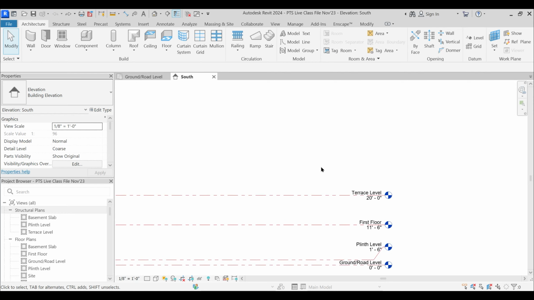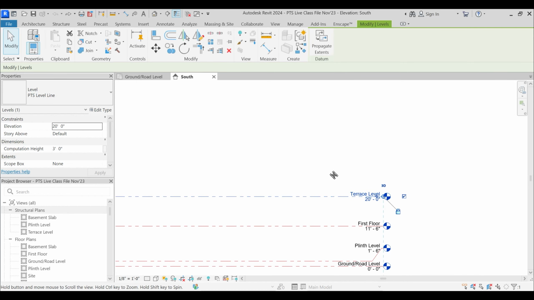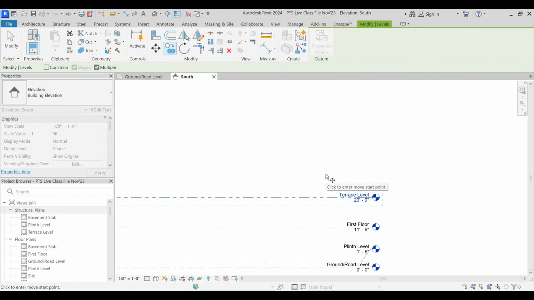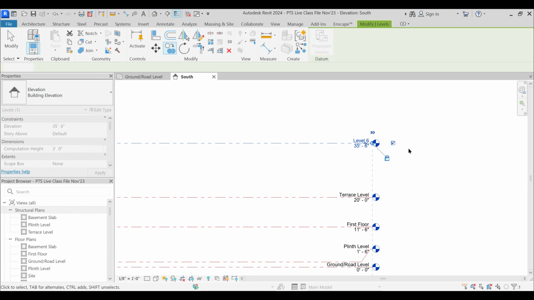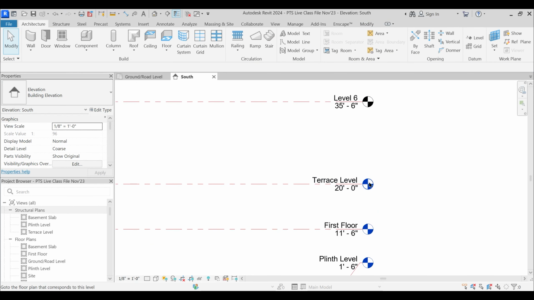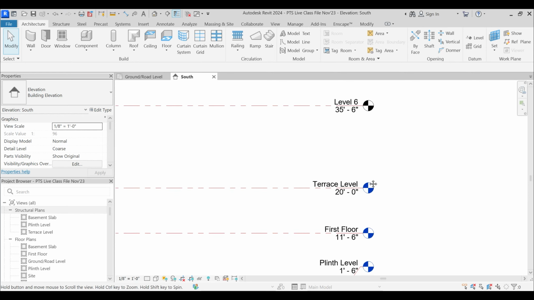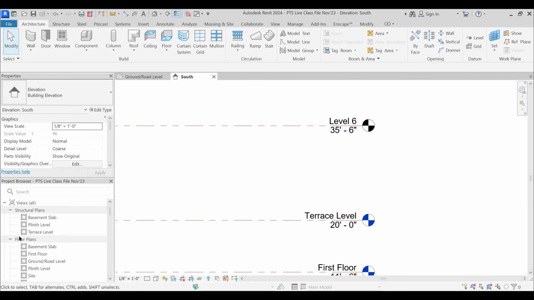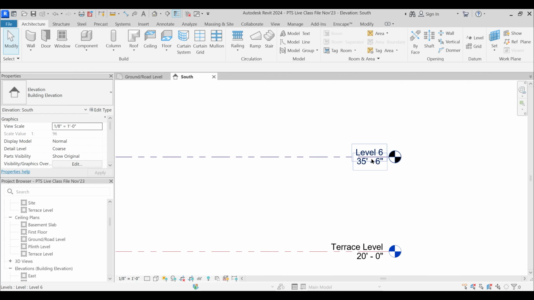If you ever happen to create a level by copy, for example, if I select this particular level and press CO, CO is the shortcut for the copy command for all the software. It is pretty much generic. If I create one level by the copy command, then you see that this annotation bubble appears black and it is not visible in any of the views, neither in the floor plans, nor in the ceiling plans. Fine. See, it's not there. So it is not an authentic layer.